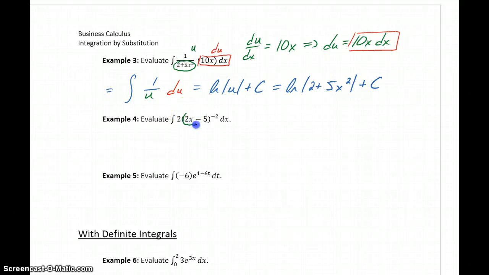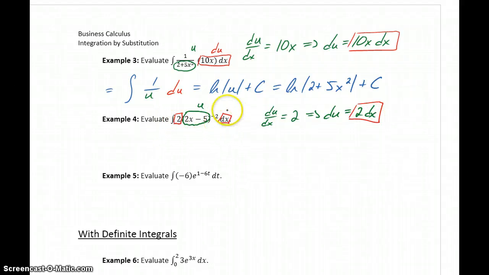In example 4, again, we identify that interior function, in this case 2x minus 5. du over dx is going to equal, in this case, just 2, the derivative of 2x minus 5. So we get du equals 2 dx. So again, what we're going to look for is to find that 2 dx, this expression, in that original integral. In this case, we have it, even though it's split up. So we can replace the 2 and the dx with this expression du,